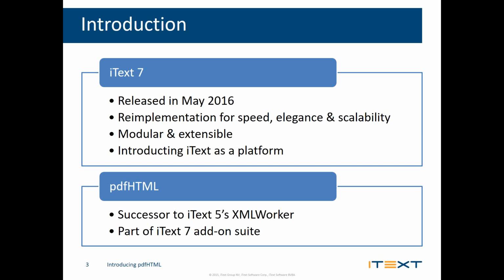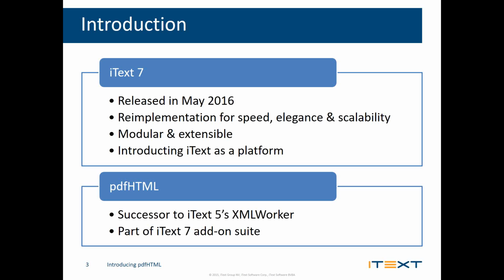Some brief introductions. iText 7, iText software's newest flagship product, was released in May 2016. There was a re-implementation from scratch. It was mostly done for speed, and for elegance and scalability, so that the new product is a lot more modular and extensible. And one of the biggest reasons we did that was to be able to make more modules, to make add-ons to the product. One of these,